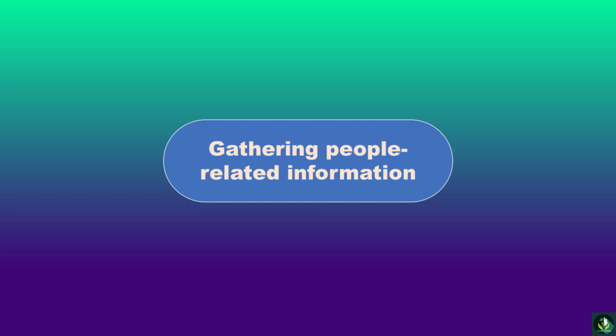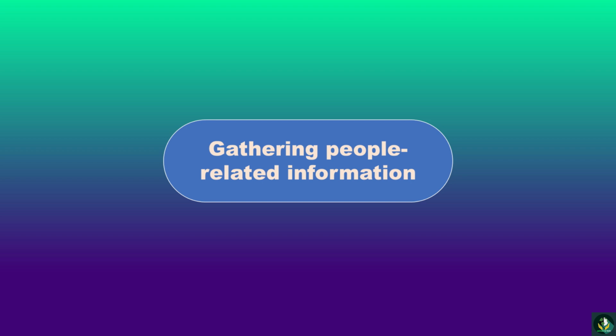In this lecture, we'll learn how to gather information about a person's social media accounts using Sherlock. Now, what is Sherlock? Sherlock is a tool that can search for usernames across multiple social media platforms and websites. Imagine you have a friend and you want to find their social media accounts with just their username. Sherlock can quickly reveal all the accounts linked to that username. It is one of the best tools for gathering people-related information.